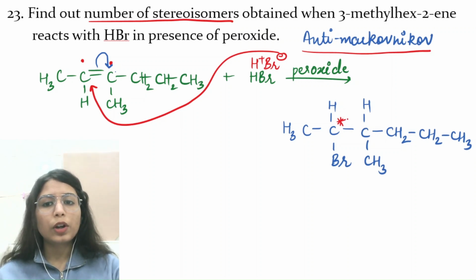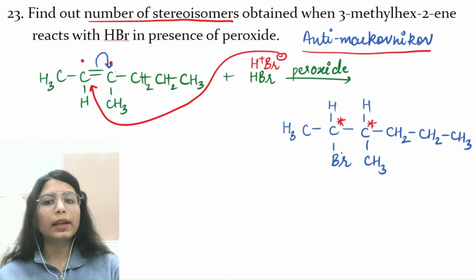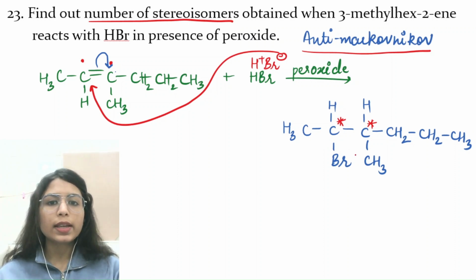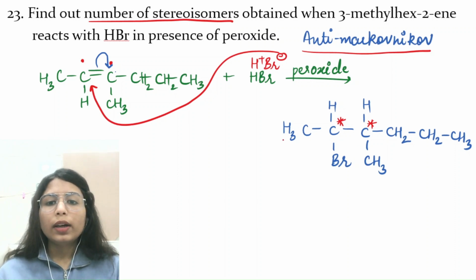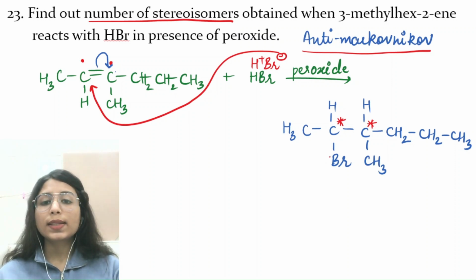So here a chiral carbon is that carbon which is containing all the 4 groups differently. So basically here if I talk about this carbon atom which I have marked with asterisk, all the 4 groups are different. So this is one of the stereocenters, and similarly this is one of the stereocenters where all the 4 groups of the carbon atom are different. So when all the 4 valencies are different, then we call it a chiral carbon or a stereocenter. All the rest of the carbons have 2 hydrogens or 3 hydrogens, that is the similar kind of group, which is why they are achiral.